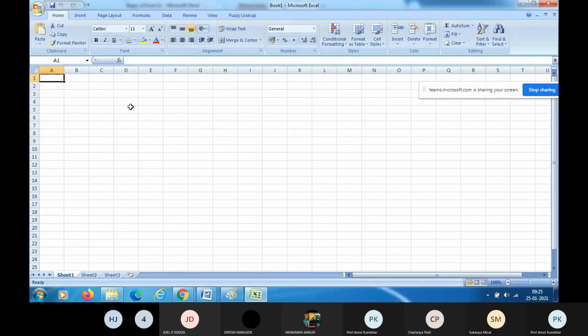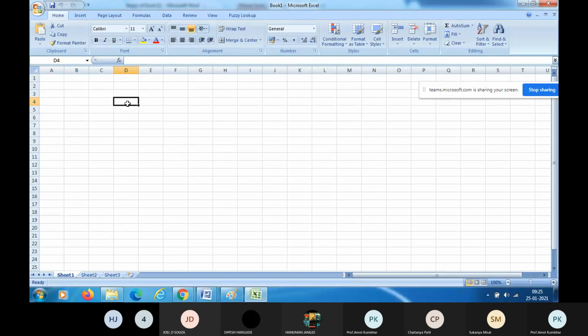Now if I click on the cell D4, look here, this is the active cell, right? A black color border is there for this D4 cell. Look at the address bar, the address box. This is D4, right? I have selected a cell which is present in column D and row number 4.